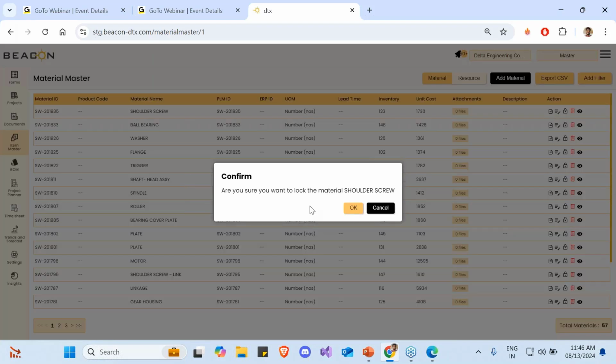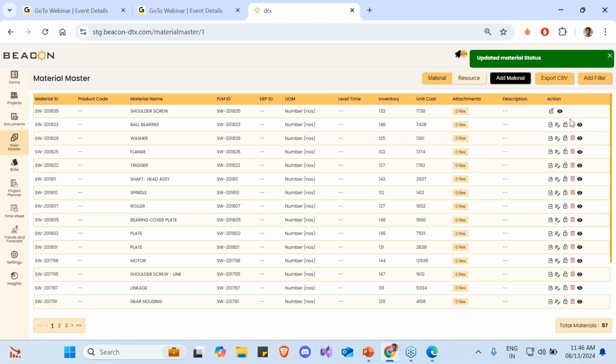Further, you can lock a material. This is where, as admin, you are preventing any other user of your organization from modifying the contents of the material. Whenever it is unlocked, a user can modify and update the properties, but once you lock it as admin, users cannot modify those particular documents. If I lock it, you can see I don't get any of the other edit options. So I have to unlock this as an admin, then we get the options to add the properties.